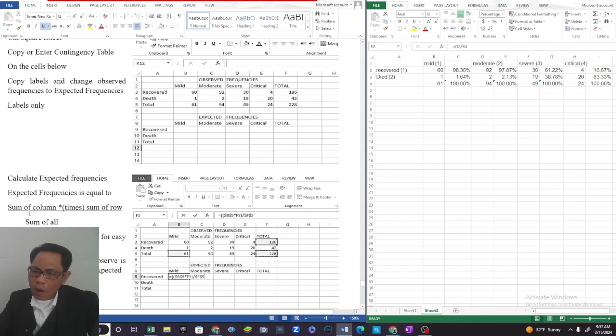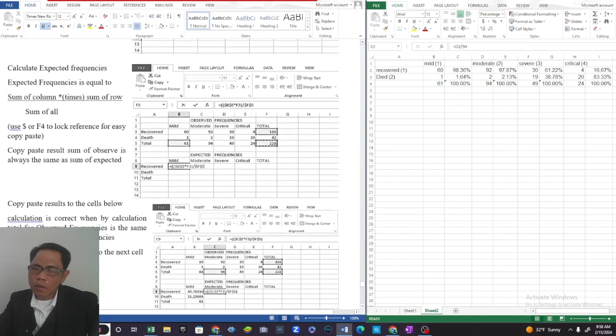So expected frequency is equal to the sum of columns, you have to lock it, multiplied by the sum of rows, you don't have to lock the sum of rows, over the sum of all, which is 228, and you have to lock it. You press the dollar sign and enter so that you can just copy paste from here going